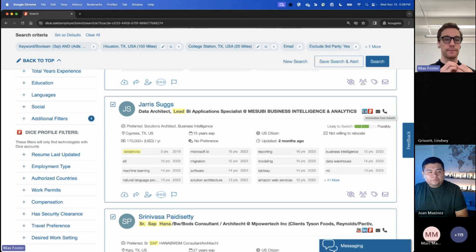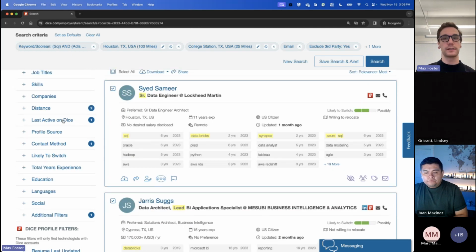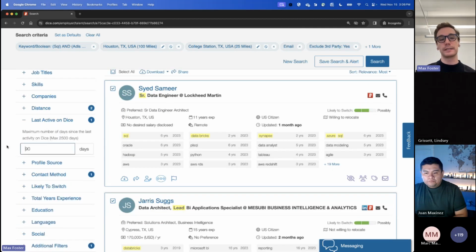Great. We were actually able to find their LinkedIn and combine it here with their profile and pull that in here. Now, because I've selected last active on Dice being 90 days, they had to have been active on Dice for 90 days. If you're just strictly third-party data, I'm just excluding you. That's what that is. Did I explain that right there?